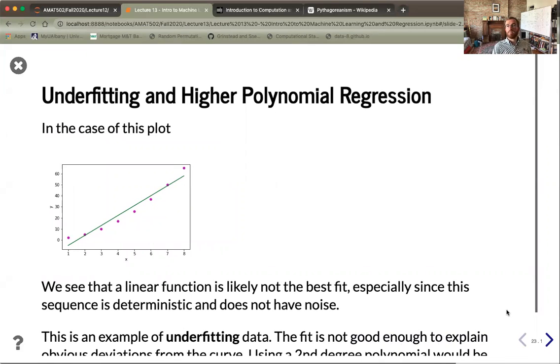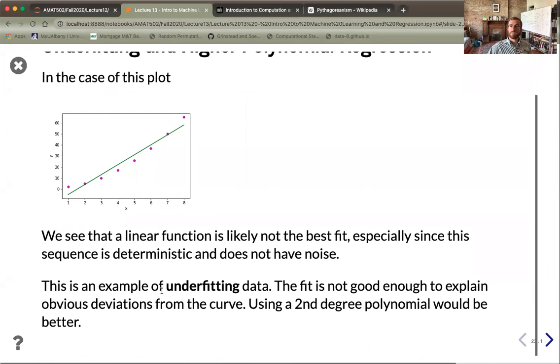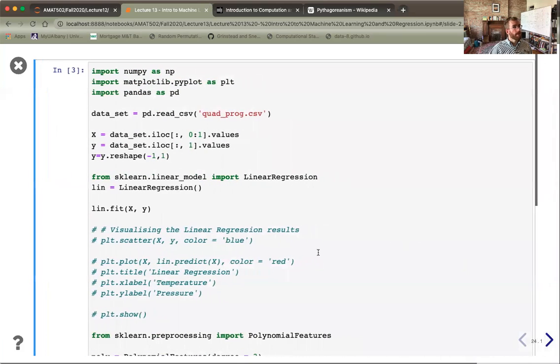So this plot exhibits a phenomenon in regression known as underfitting, meaning it doesn't fit the data particularly well. And in particular, we see that in this case, a linear function is not the best fit. So this is something that we can correct by changing our model. And so here, we'll still assume that there's a polynomial relationship, but we're going to up our degrees from a first degree polynomial, which means something that's linear, to a second degree polynomial. So to do this, I'm going to go ahead and bring in some tools from Pandas, which I import as pd.